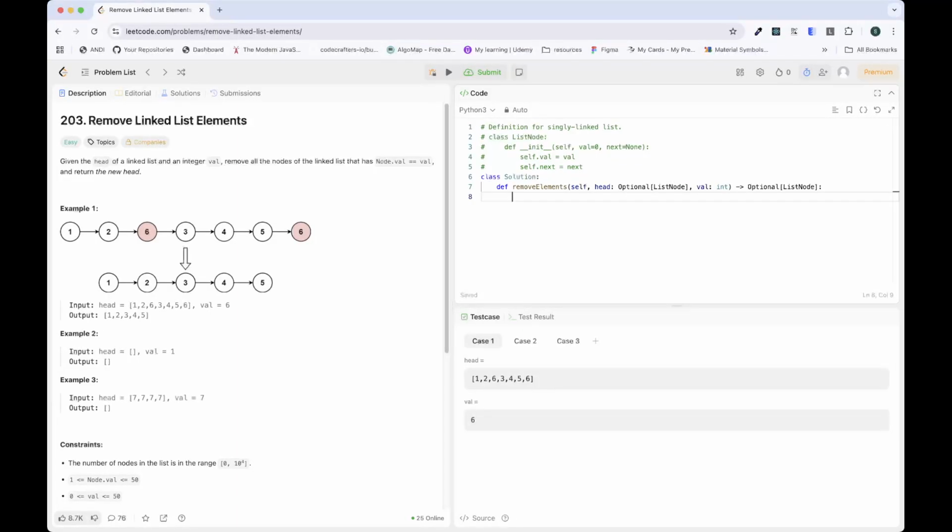Hey guys, today we'll try to solve remove linked list elements. Given the head of a linked list and an integer val, remove all nodes from the linked list that has node.val equals val and return the new head. So given a head of a linked list, which is a list node, and a val, we want to remove all nodes of the linked list that has val and return the new